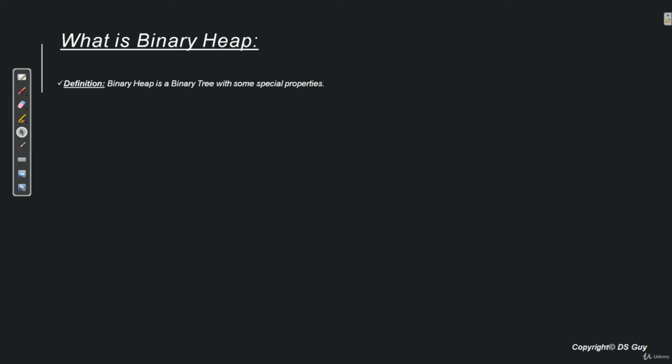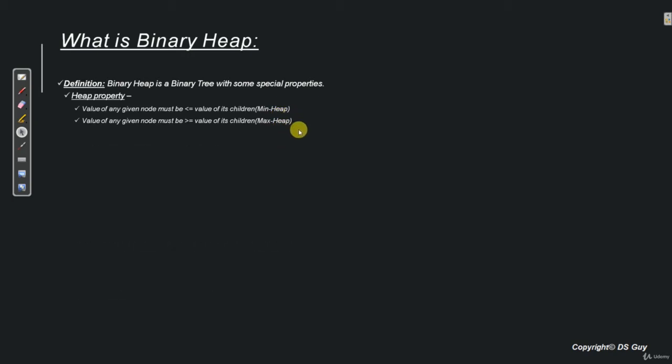So which are those properties? Let's see. The first property of a binary heap is the heap property. Now what is a heap property? The heap property says that the value of any given node must be less than or equal to the value of its children. We call it the min heap property.